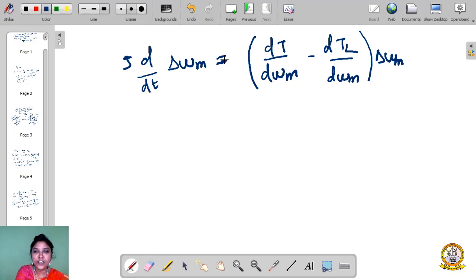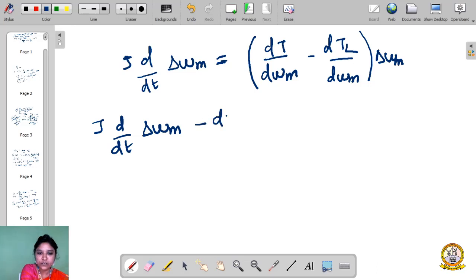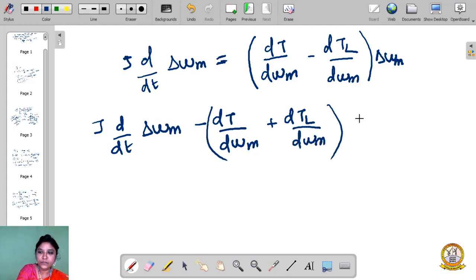So now we can write these equations together on one side. So J d/dt of del omega m plus (dTL/d omega m minus dT/d omega m) del omega m equals